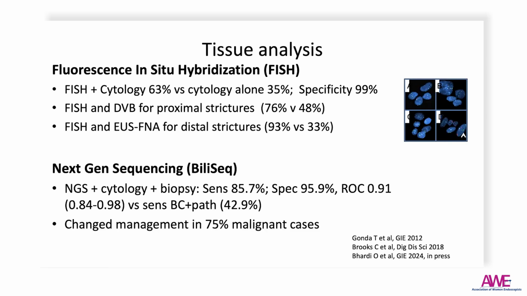We can also perform next-gen sequencing, which can help improve sensitivities and specificities as well, from 42, 43% up to 85%, and can actually change management in 75% of malignant cases. Again, this is using the same tissue that we would be acquiring during a standard ERCP brush,